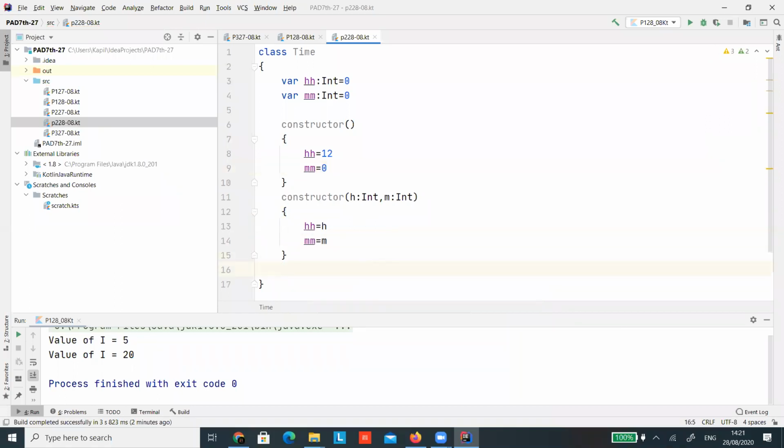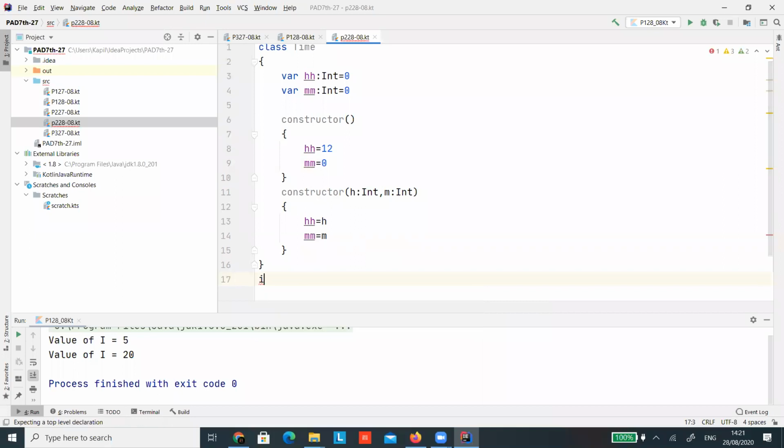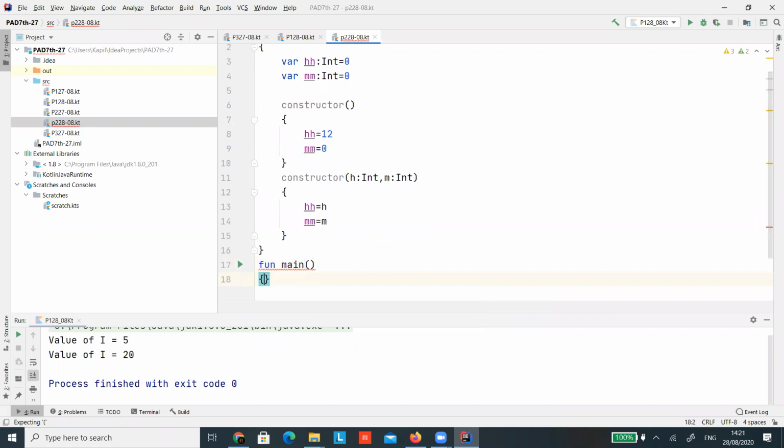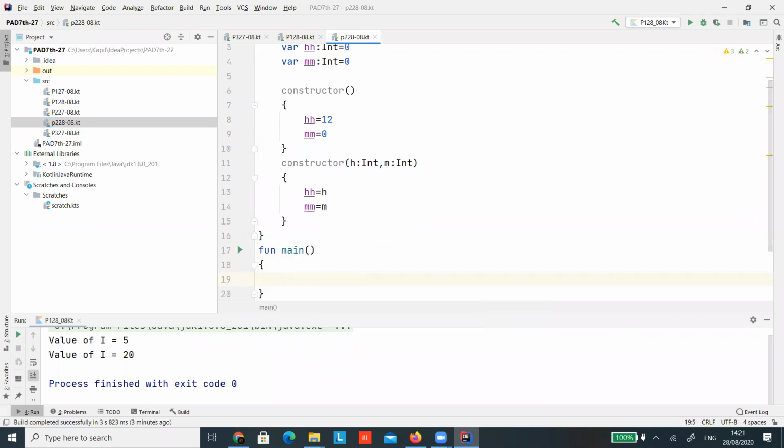Now suppose in main I am creating two objects.